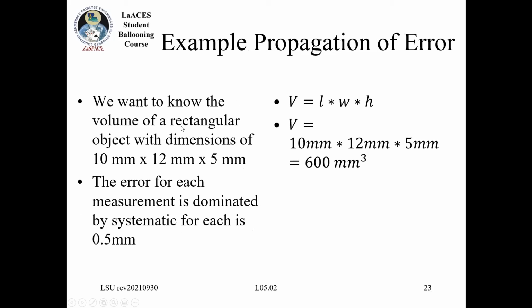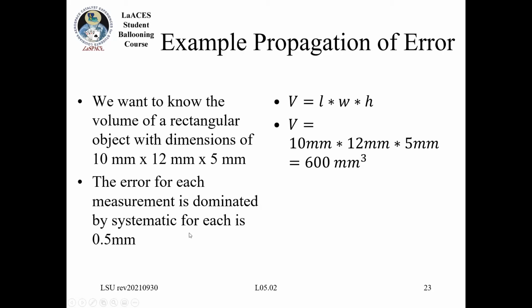this is how you would do it for something that's simply a product, right? So we're talking about the volume of a rectangular object. It has a length, a width, and a height. So hopefully you guys are familiar, the equation of volume for a rectangular prism is just the length times the width times the height, right? So if I plug in my 3 measured values, 10 times 12 times 50, I would get 600 cubic millimeters,